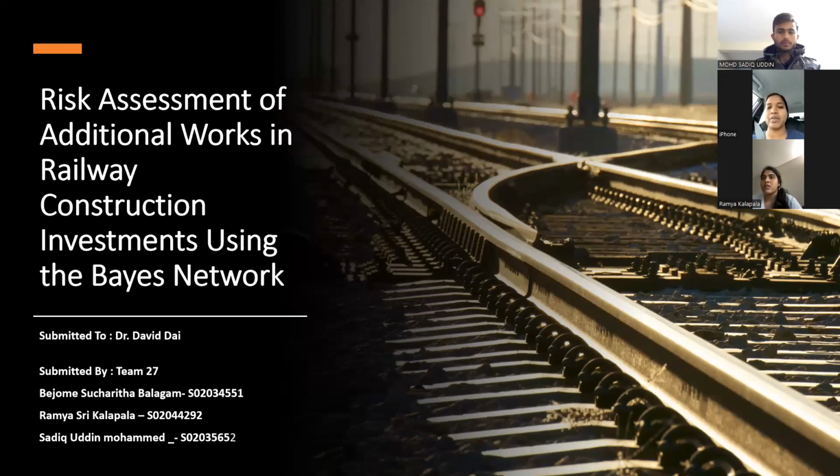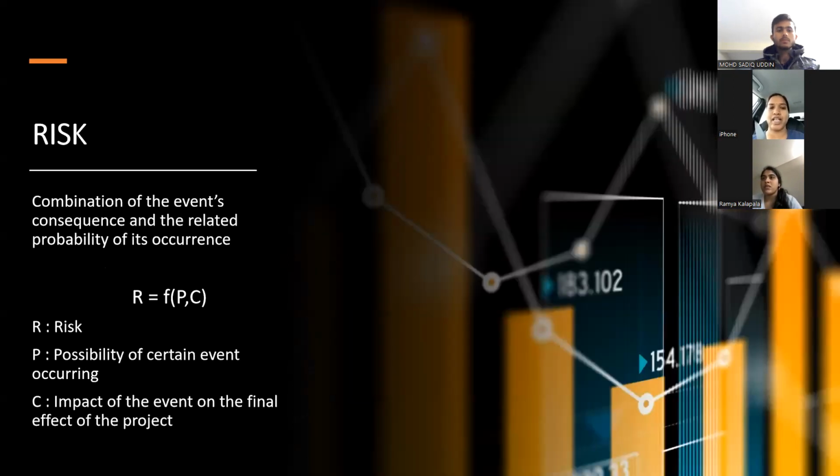In the next slide, we will be explaining what risk actually is. A small brief about the project. In Poland, an EU project is underway that comprises investments, building, renovation, and modernization of around 9,000 kilometers of railway lines. Putting such a large-scale strategy into action entails numerous hazards, including the chance of unexpected or additional work. So choosing the right risk management approach can reduce the negative consequences of risks and ensure that investment objectives are met correctly. Risk refers to situations with uncertainties that arise during the project implementation, whereas risk mitigation refers to the efforts made to reduce the impact of risk.